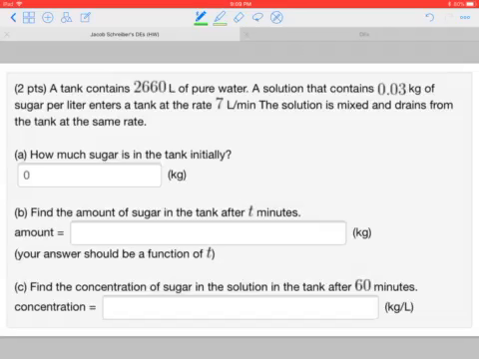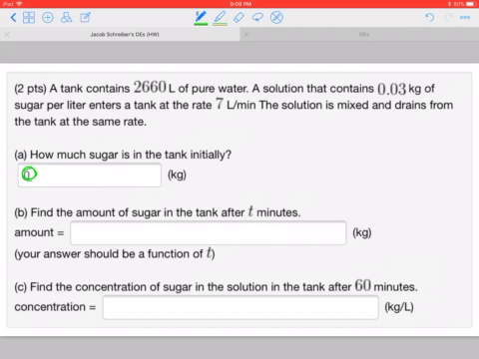...is how much sugar is in the tank initially. This is a no-brainer. Anyone could really answer this one. It says it's pure water initially, and the solution that's going in hasn't gone in yet. It's starting to enter it. But initially at time equals 0, there is 0 kilograms of sugar in there. So it's actually already answered. And while this was pretty easy, we're actually going to use this down the road for some of our other